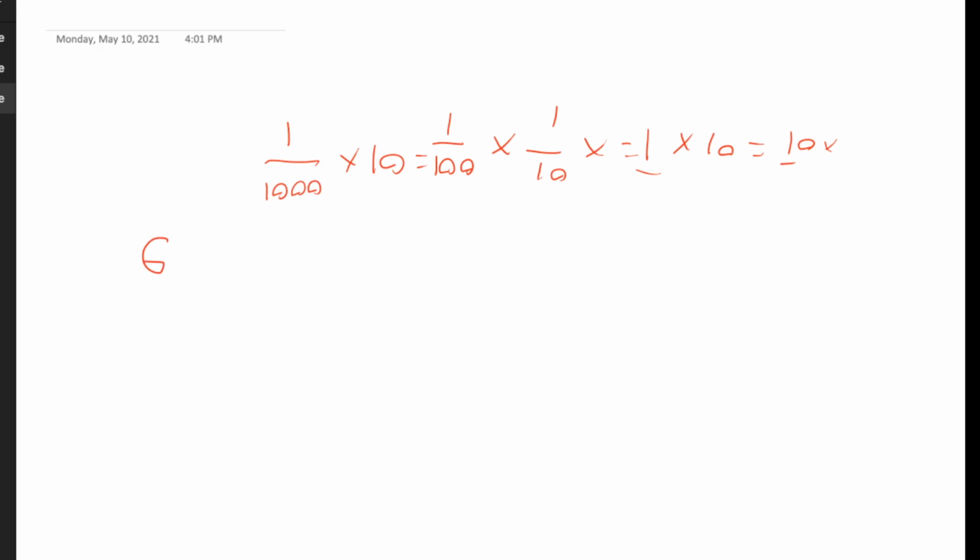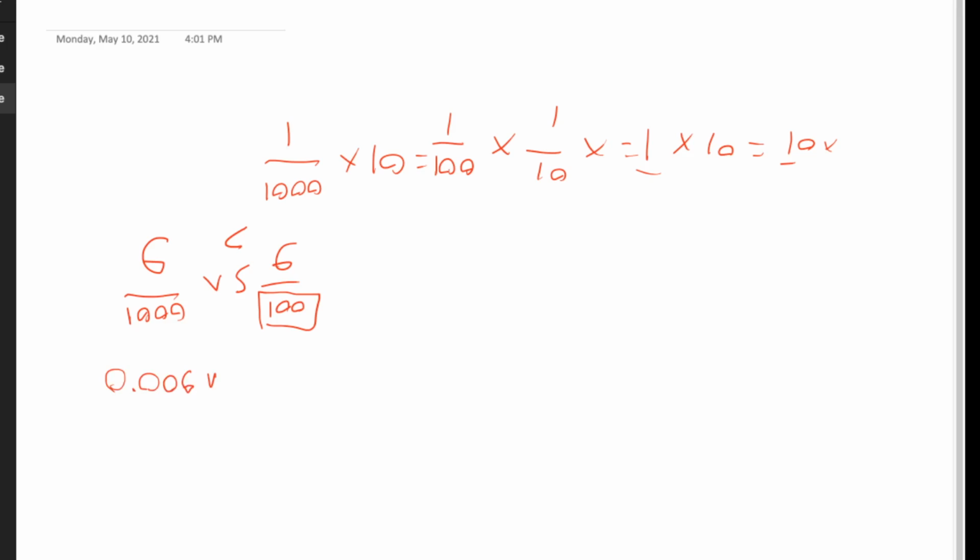So if you have 6 over 1,000 versus 6 over 100, you're going to know that this one is bigger simply because the denominator, right, is bigger. So this one's smaller, right? Because the bigger the denominator, the more pieces it's chopped up into. And so this is smaller. Each individual piece is smaller. So here we have 6 pieces of 100, and here we have 6 pieces of 1,000. And the same when we're looking at this in decimals, you have